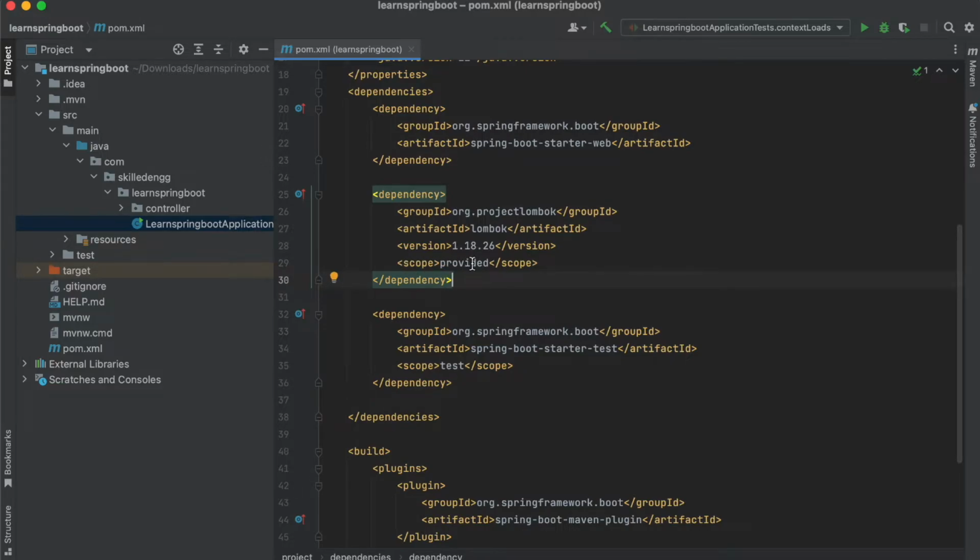So we can use the provided scope so that this dependency will not be added in the packaged file like the jar, war or ear, because the use of this dependency is only until compilation.